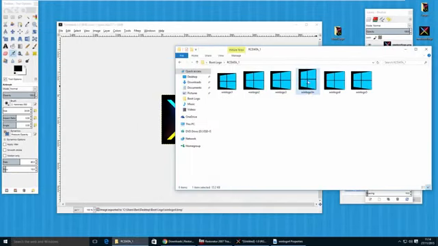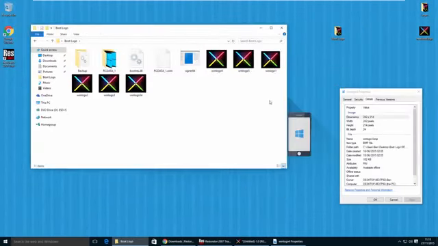Continue to do the same thing for WinLogo 3N, 3, 2, 1, until you've got all 6 images in your boot logo folder. So as you can see, I've put my images into this boot logo folder, and at this point you're going to need to go to the